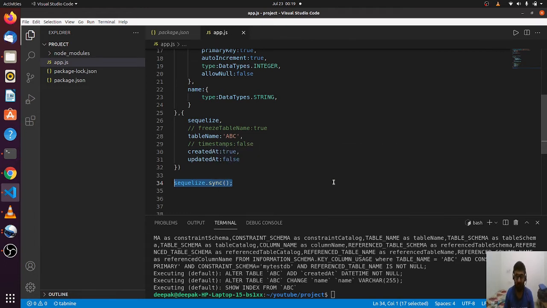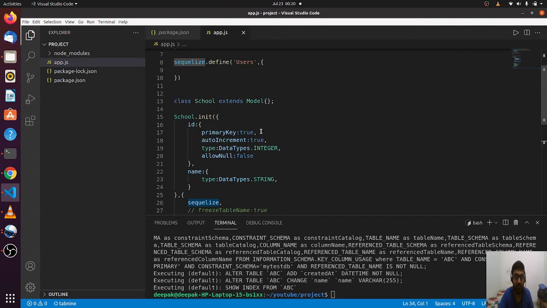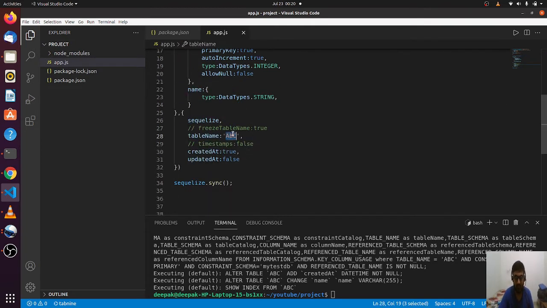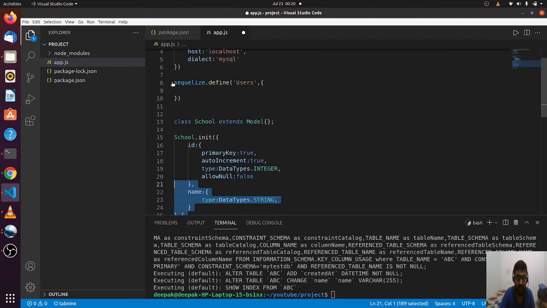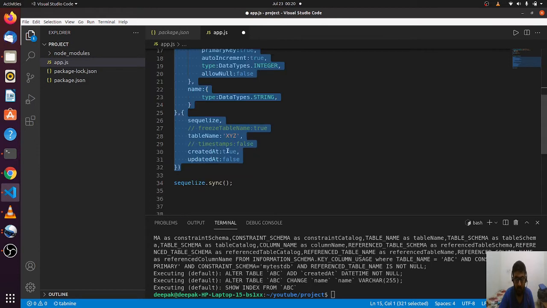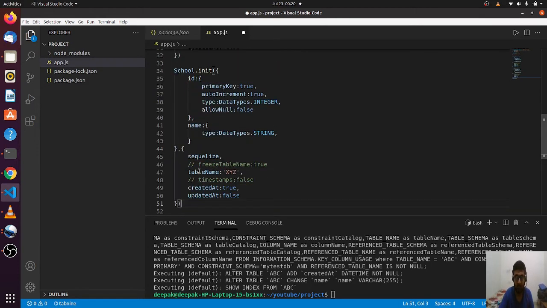What if I want to synchronize one single model? Let's see how it works. For testing purposes, let me give it a new name so that it will generate an absolutely new table. XYZ. Fine. Now I'm copying this and it will be OPX. Okay, I have given two labels.